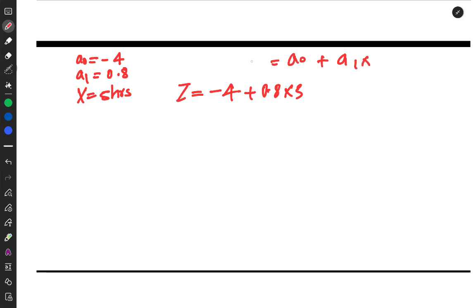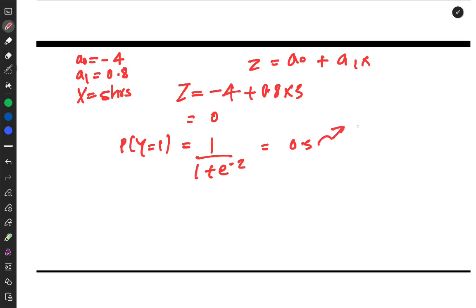This is your z. So now I see my z value is around 0. So if I put p is equal to 1 by 1 plus e power minus z, I would get 0.5. So if my threshold is